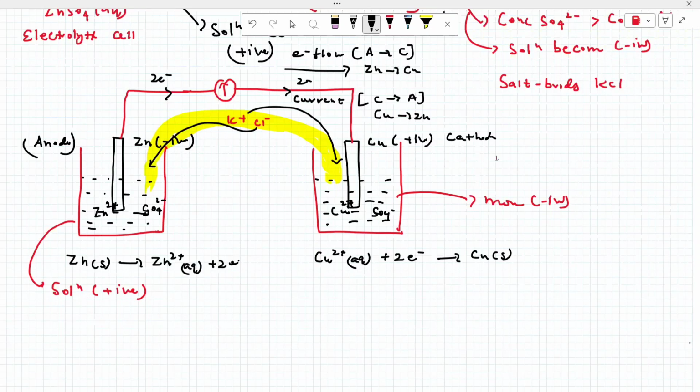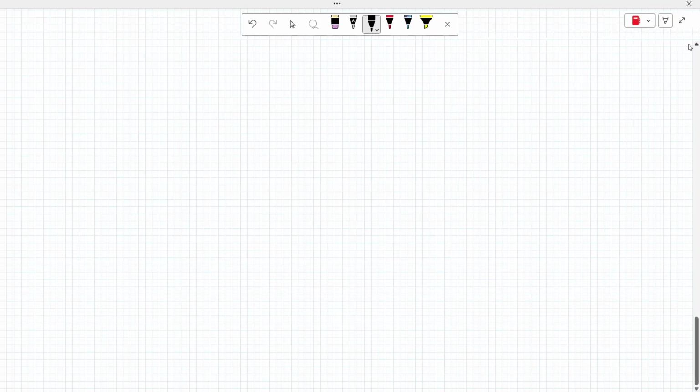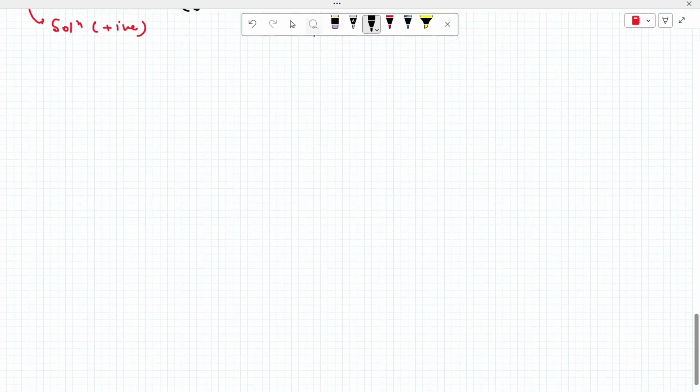Very important. In an electrolytic cell, both anode and cathode undergo deposition, the metal will discharge at both. But in a galvanic cell, the metal discharges only in the cathode compartment. What does discharge mean? Deposit. In the anode compartment zinc is dissolved and in the cathode compartment copper will deposit. It is very important, copper discharge. This is a very important point from the exam point of view. Please note, if anode